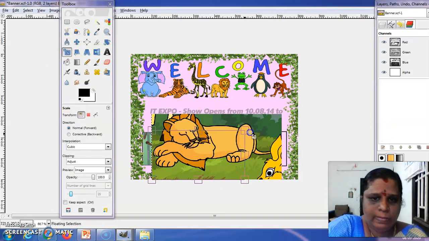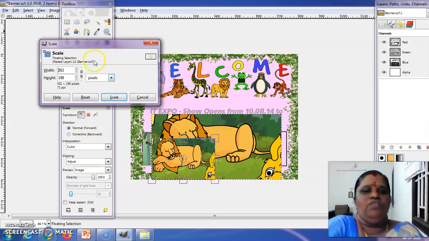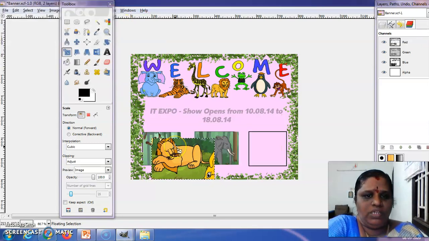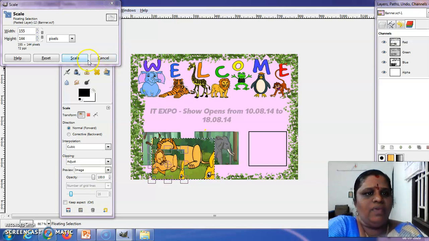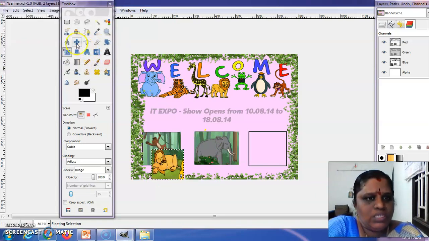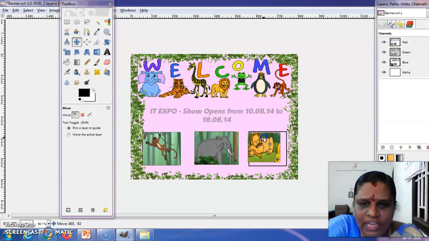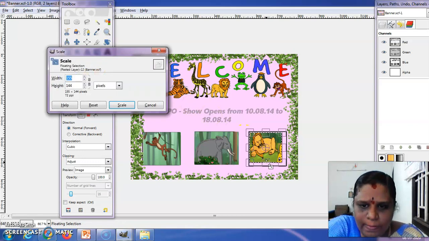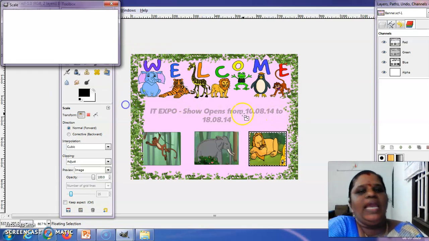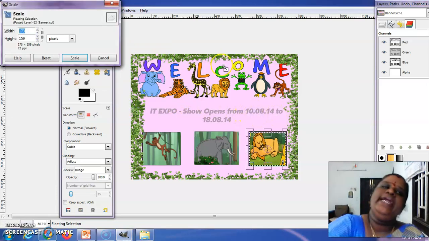Scale, resizing the image. Yes? No, it is not proper. Once again. Yes. Now move this and see whether it can fit into that. Okay, no. Small, right? So scaling. Perfect, right? So we completed our